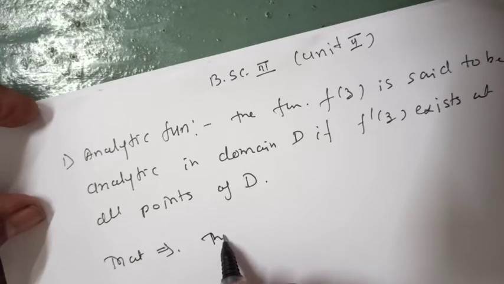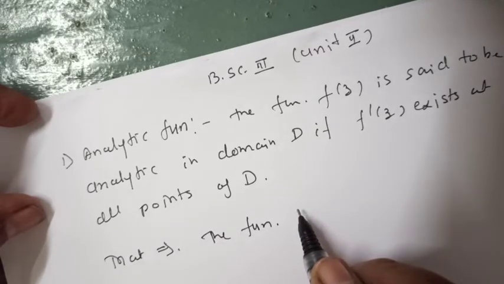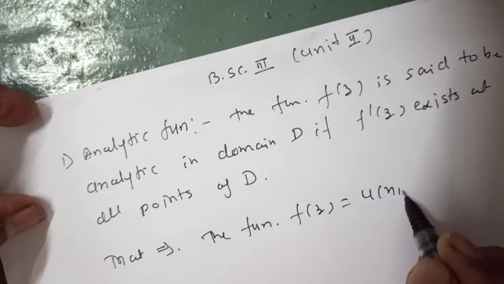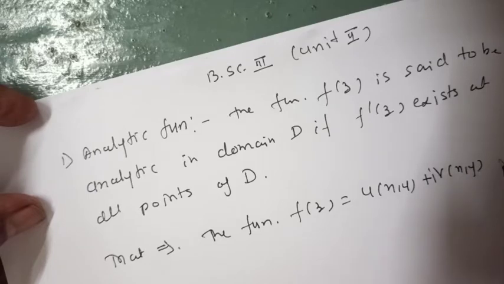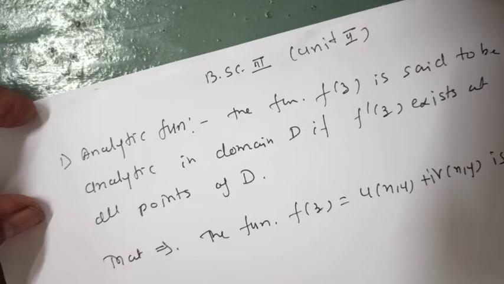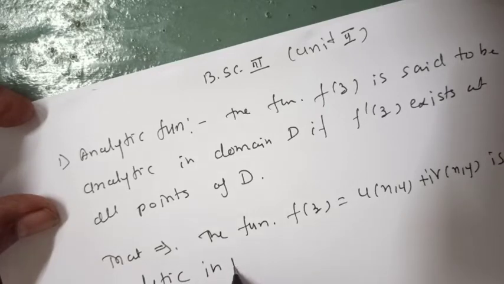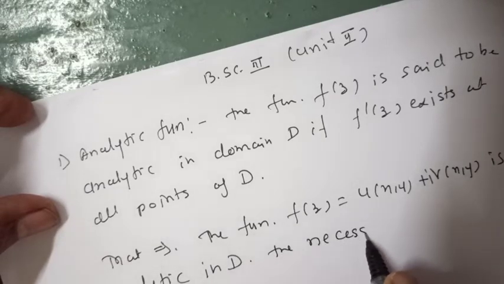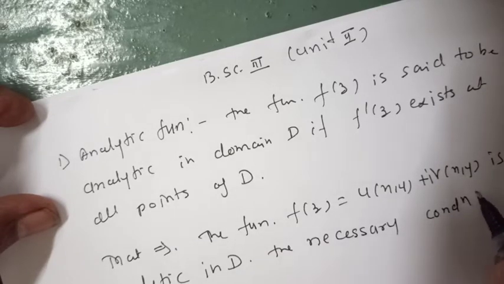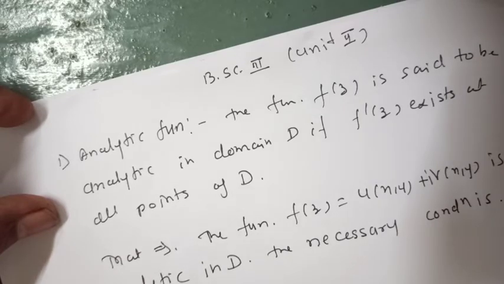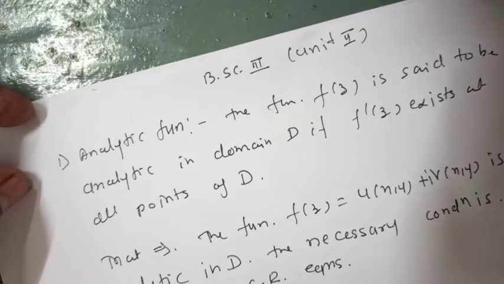The function f of z equal to u of xy plus I times v of xy is analytic in D. The necessary condition is to satisfy CR equations, that is ux equal to vy and uy equal to minus of vx,